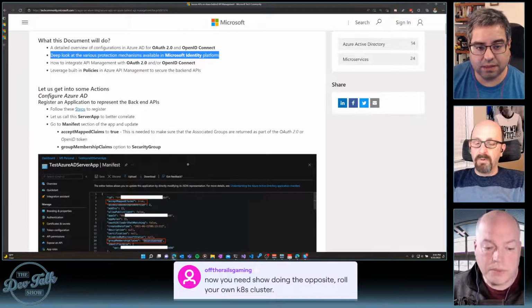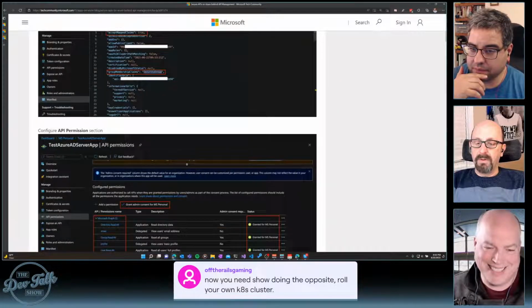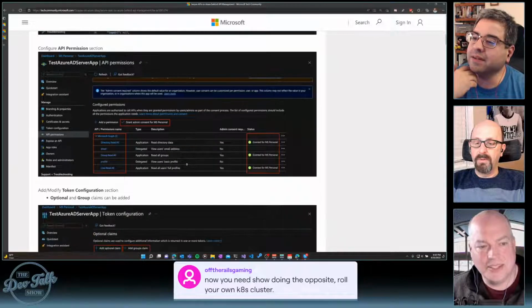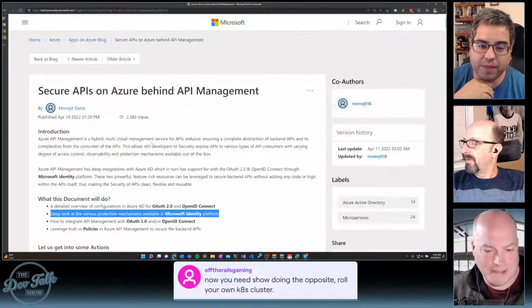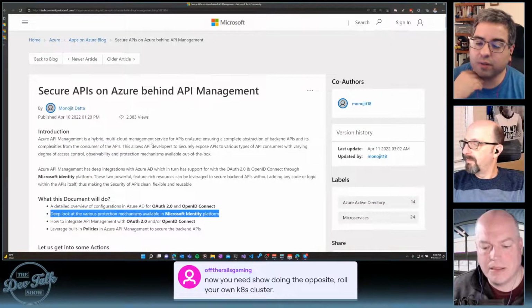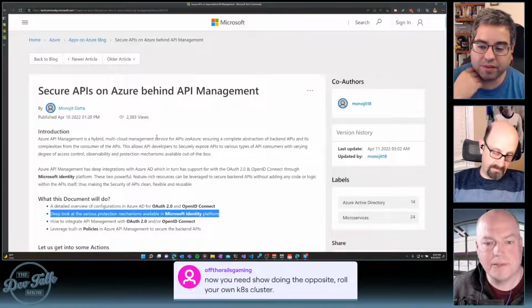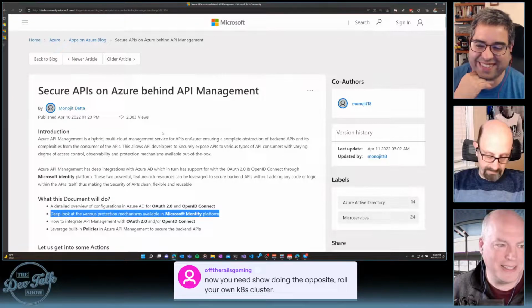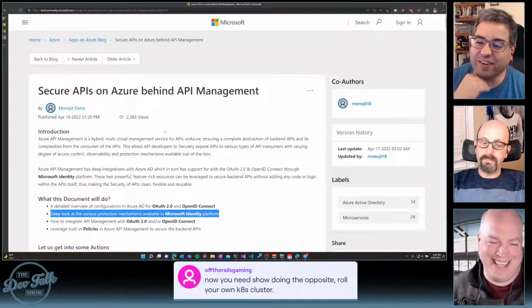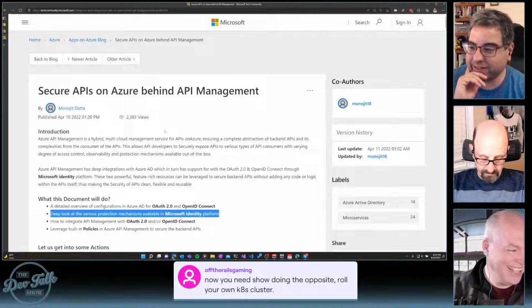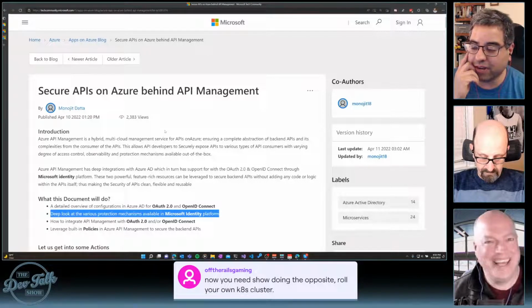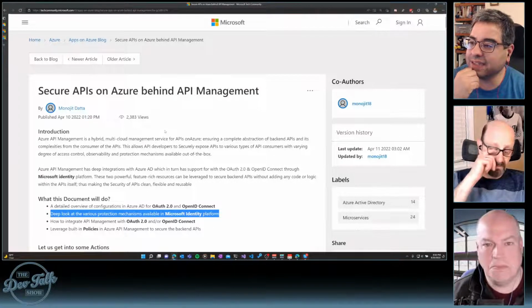There's always something new. Yes. Yeah, so after talking about Azure Container Apps being kind of like the Kubernetes cluster as a service, Off the Rails Gaming says now you need to show doing the opposite, roll your own Kubernetes cluster. Are there enough hours in a particular show? Actually, not a skill that I really have, but certainly,